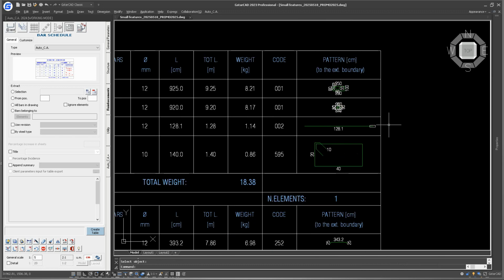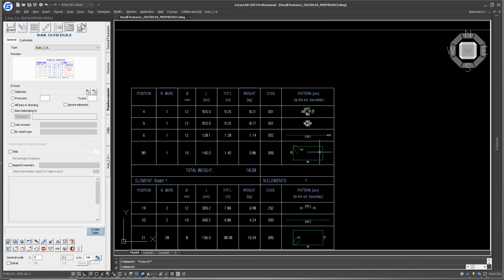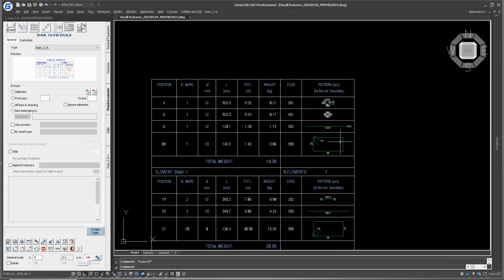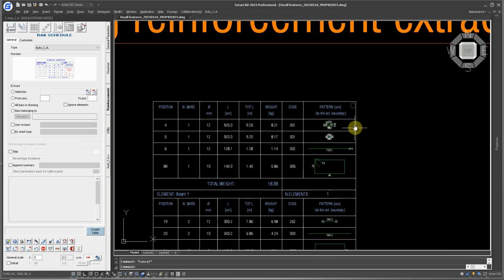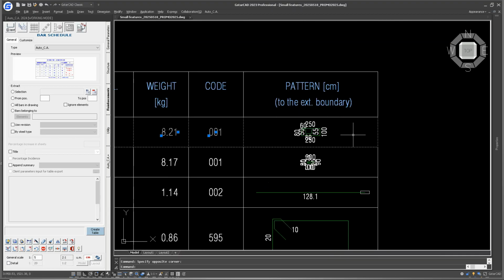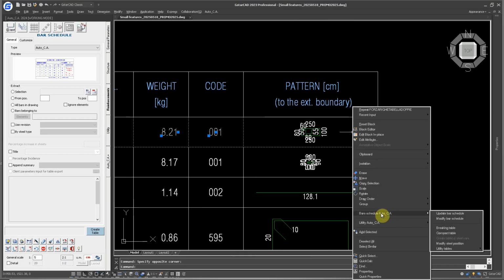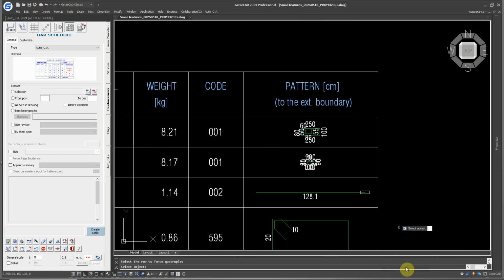So this is a single line, this is a double line, but we have a third option called quadruple line. I will show you what it does. Let's go back to the utility and quadruple line. I will select this line,